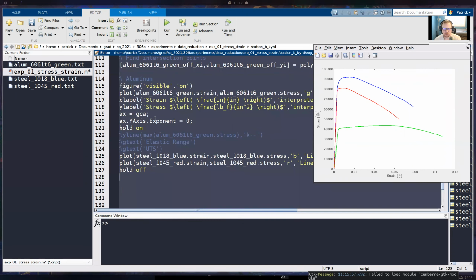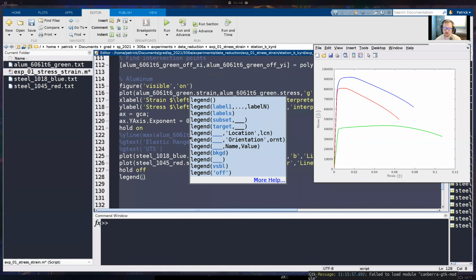Looking at this code here, we first plotted aluminum, and then we plotted steel 1018, and then we plotted steel 1045. So that order matters, and that's what we're going to use as our arguments for the legend. To make a legend, all you have to do is type in legend. Then in parentheses, you put all of the labels that you want inside of your legend. The first argument is aluminum, because we plotted aluminum first. So I'll say aluminum 6061